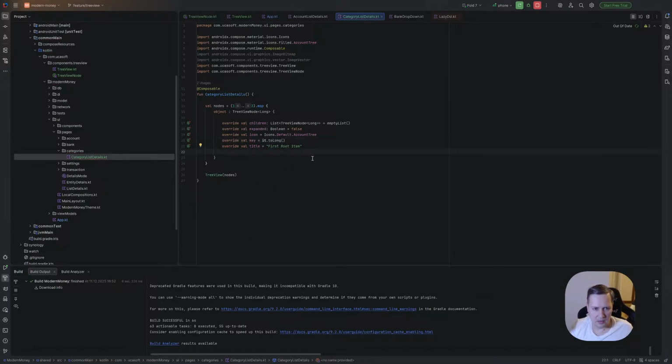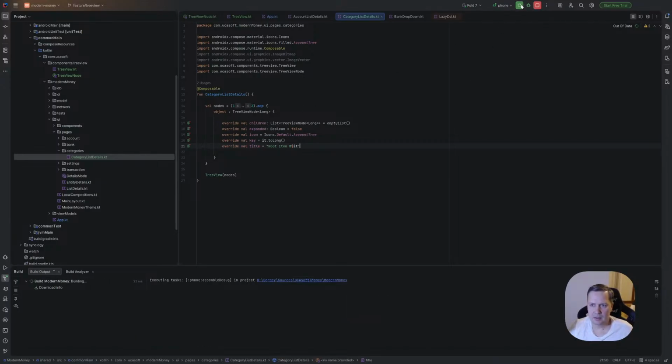Okay, and not first but root item number. Okay, let's relaunch it.